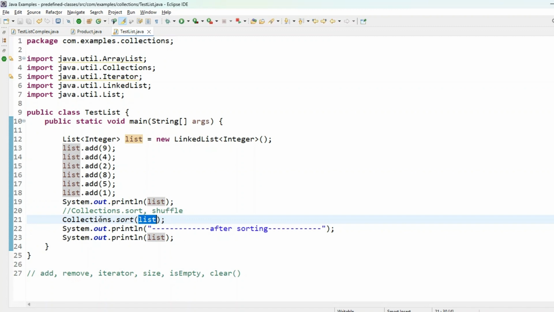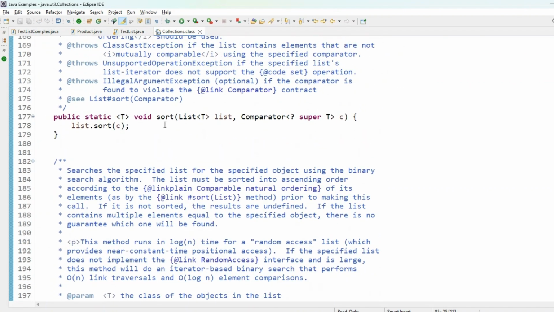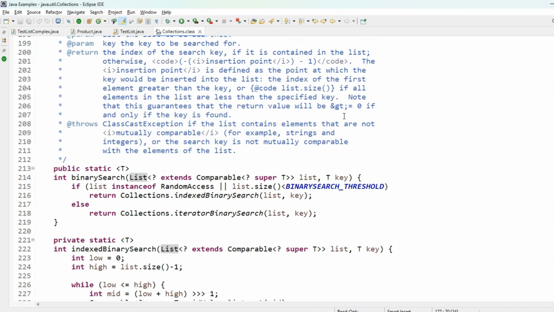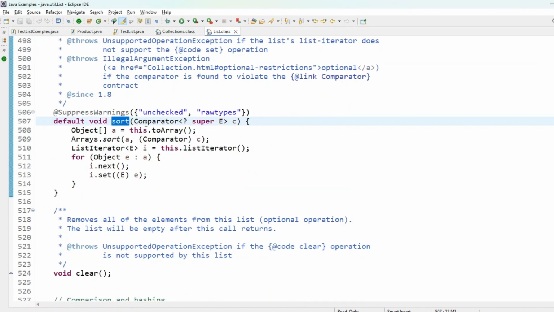What was that? Actually, if you observe the Collections class and I go to the sort method, see, sort: one takes the list comma comparator, and where is that other one? Let me search here, sort. This is the other one. Look at this, there is a sort method that,